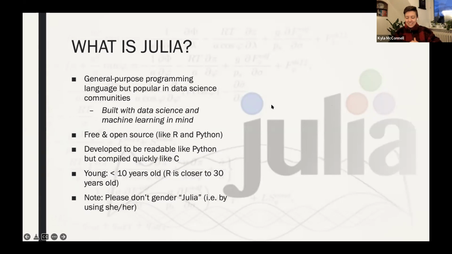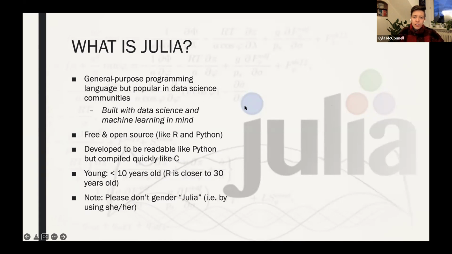Great. We saw that we had a lot of interest in Julia. We have a group that is just getting started, and that's really perfect. I'll tell you a little bit about Julia and why we're interested in it. Julia is a general purpose programming language, so you can use it for a lot of very diverse applications.